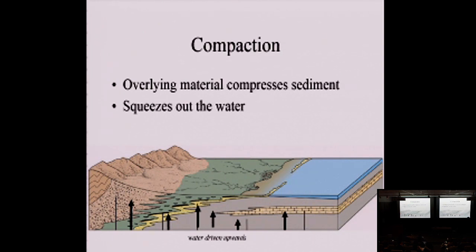Marine mud, if you were here and you took a scoop of it, it's about 80% water. So you can imagine that water is not a very good agent in making a rock. So you squeeze that out, you drive it upwards, and then you're compacting it. That's a way that you're going to make the sedimentary rock shale. So you squeeze out the water and the air, and the last step is that with this water,